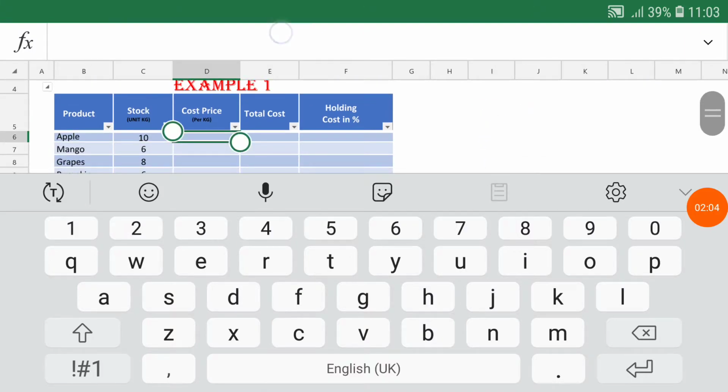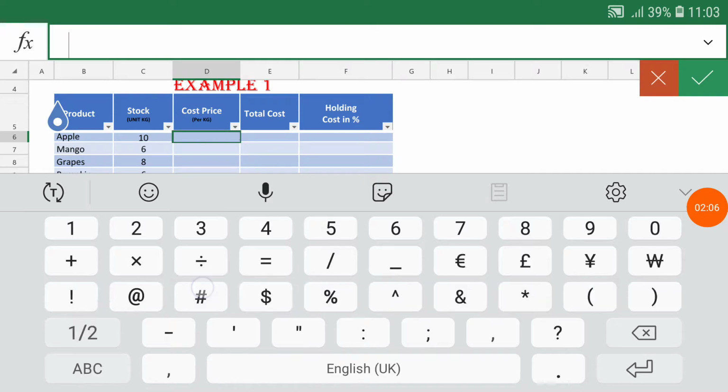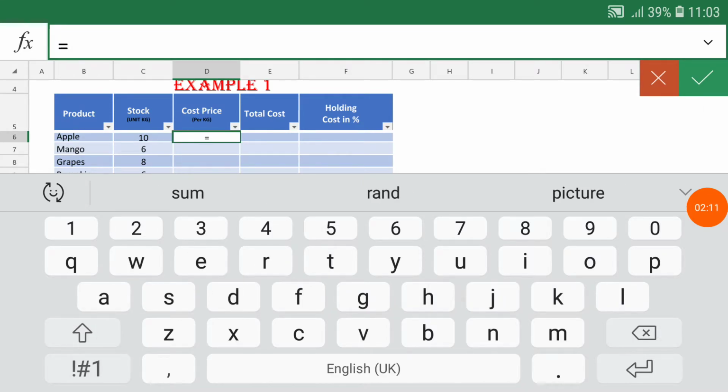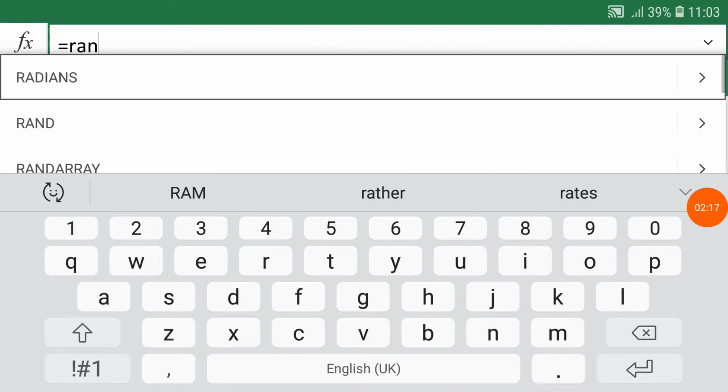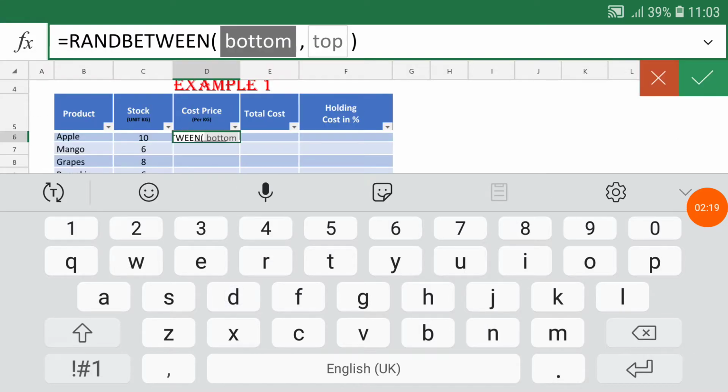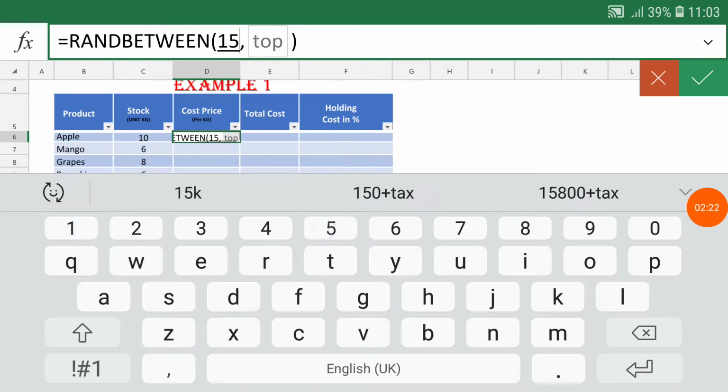Don't worry about it, the formula is totally the same as the desktop version of Microsoft Excel, but we are using the official Microsoft Excel application. So RANDBETWEEN, and I will tell you how you can get it and which is the official application of Microsoft Excel.